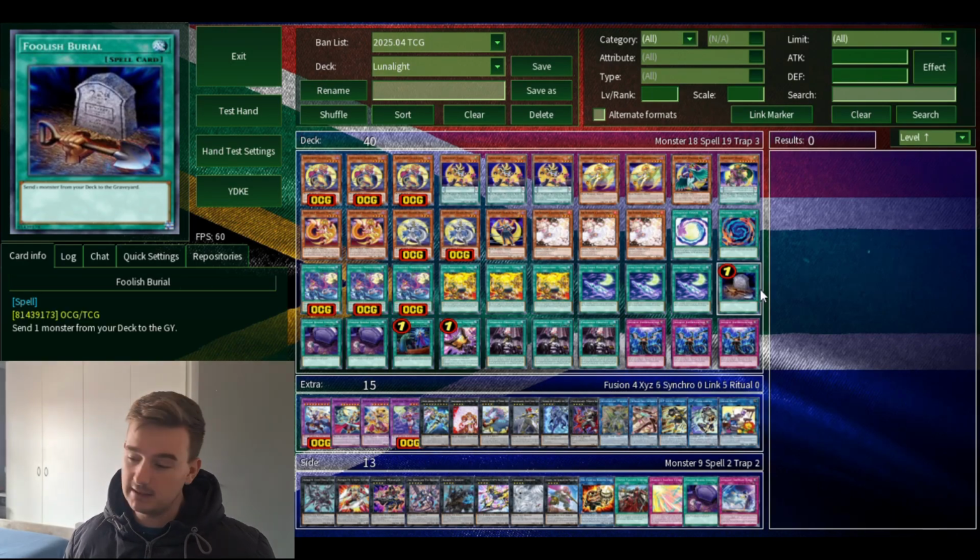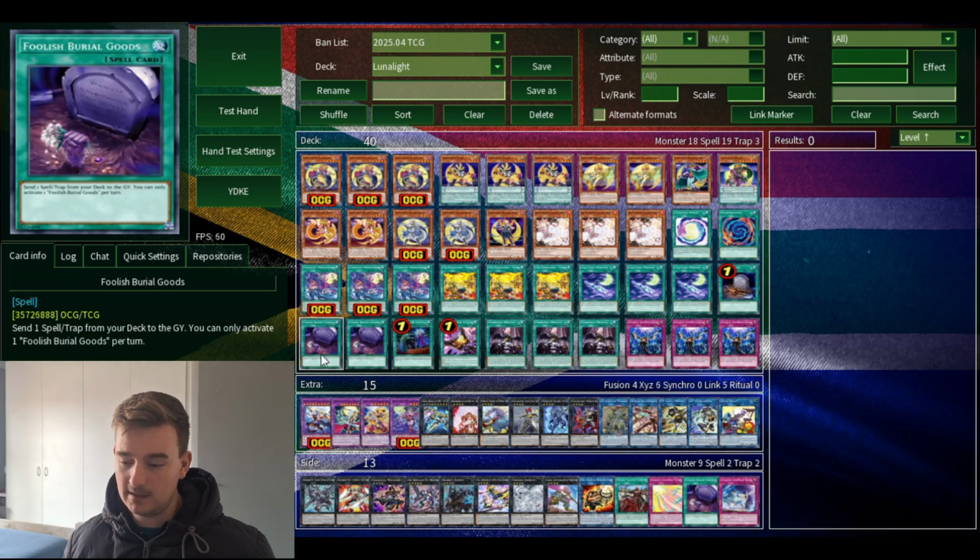Basically gets you into everything you need. And then 2 Foolish Burial Goods. This could be 3. It's just a hard once per turn, but you could discard the third copy, so it depends on what your